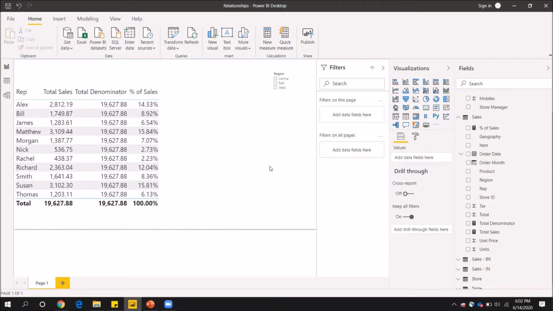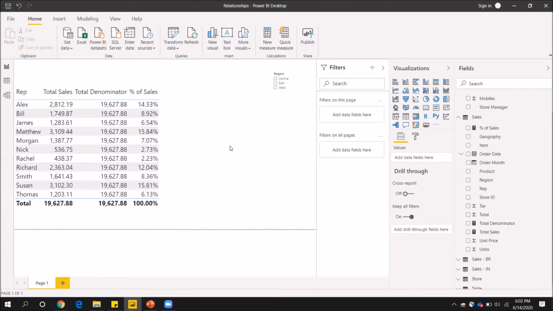In the previous video, we saw how the ALL function of DAX works. So basically, whenever I want a filter or a slicer not to work on a measure, I use the ALL function. And if you remember from the previous video, this is the table that I got. For each of my sales reps, I have the total sales made by them, and this is the total sales irrespective of the filter. And finally, this was my desired outcome, which was the percentage of sales by each of my reps.